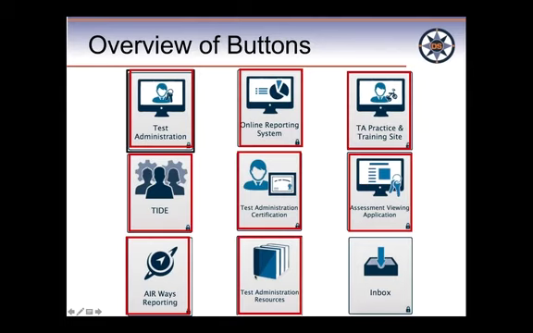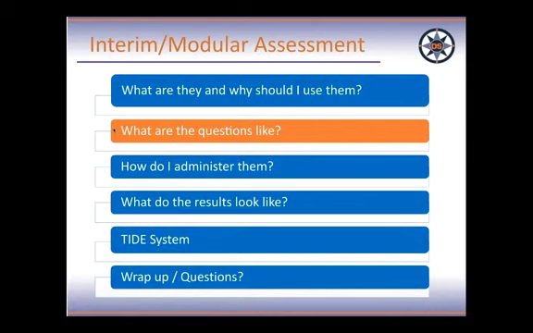This is resources. You can get manuals on how to use the different parts of the system, manual on how to set up accommodations, things like that. And the inbox is when you download a report, it will go to your inbox. So that's what all these 9 pieces are. I think if you've used the test before, you've used most of these pieces. So that is what they are and why should I use them.